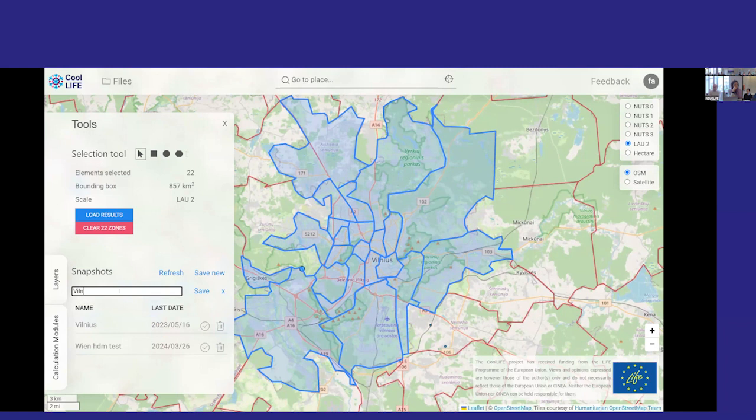And next time that I'm opening the platform and I want to quickly go to the region that I was interested in, and also with the set of layers that I selected,